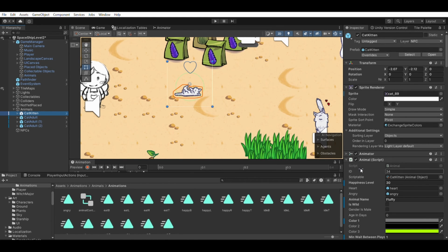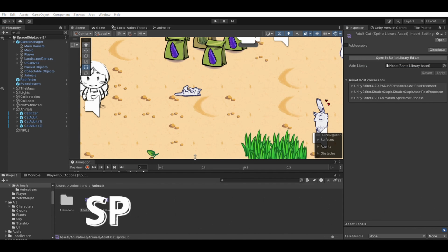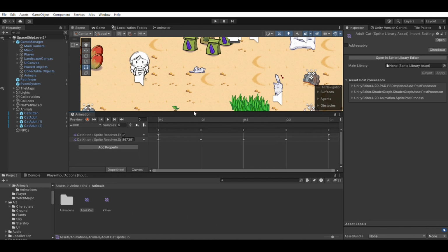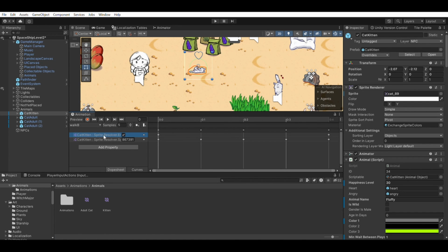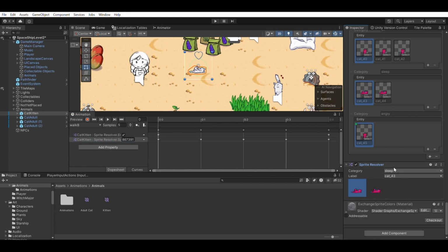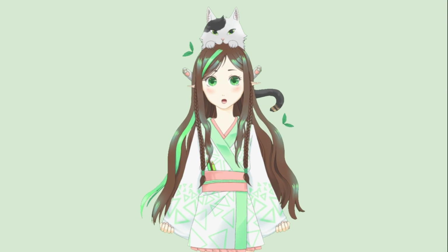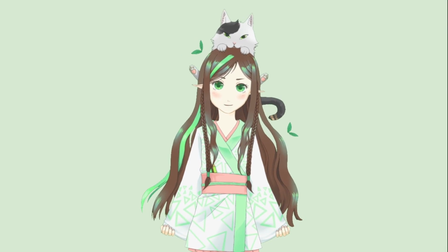But Unity, fortunately, has a tool in this case: sprite libraries and sprite resolvers for the animation. In a sprite library, we can define what sprites we use for which animation, and then use those to create the animation instead of using the sprites directly. And then we only need to create a new sprite library for each new animal, and we can reuse the animations and animator.